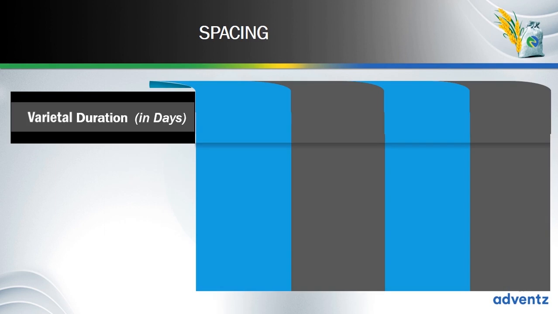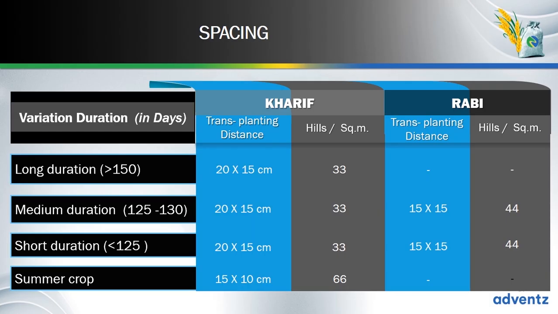For the crops planted in the Kharif season, varietal duration. Based on the duration of rice crops, varieties are grouped into long duration, medium duration, and short duration. Long duration varieties take more than 150 days to attain maturity. Medium duration varieties require 125 to 130 days to reach maturity, and short duration varieties are ready for harvesting within